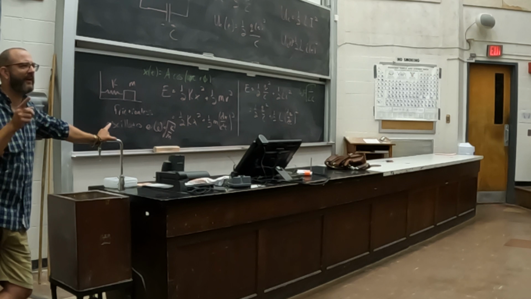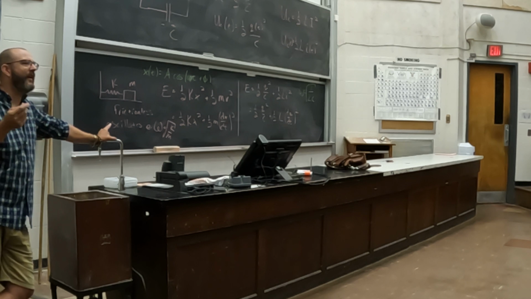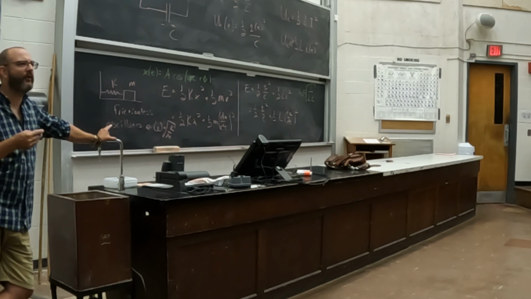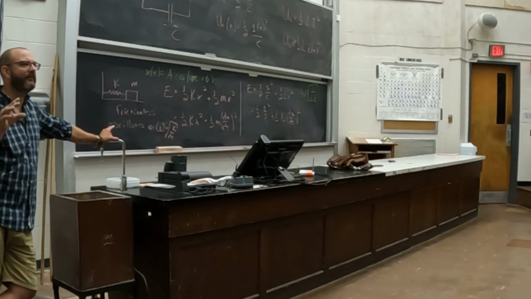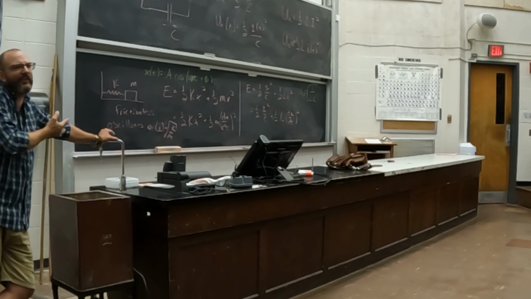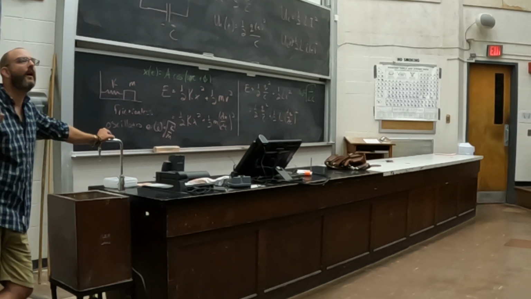What's the difference between sine and cosine? Phase angle of pi over 2, right? Cosine of 0 is 1, sine of 0 is 0. It's just a phase angle, right? So it just allows you to use the cosine without changing